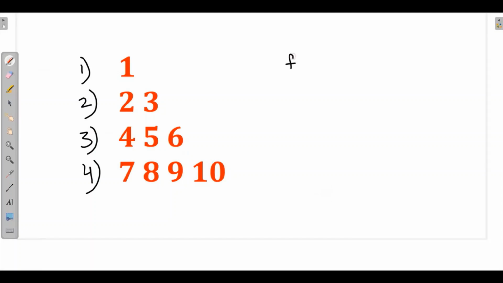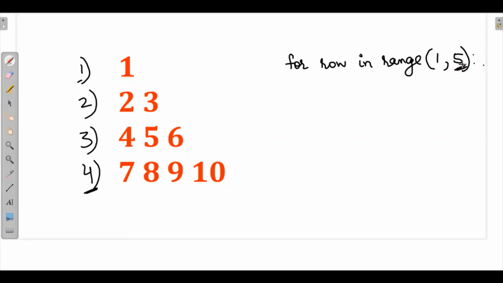So here I'll write for row in range, as it is starting from 1, I will write 1, 4 plus 1. As the last value is always excluded in Python, if it is 4 rows, we need to write 5.